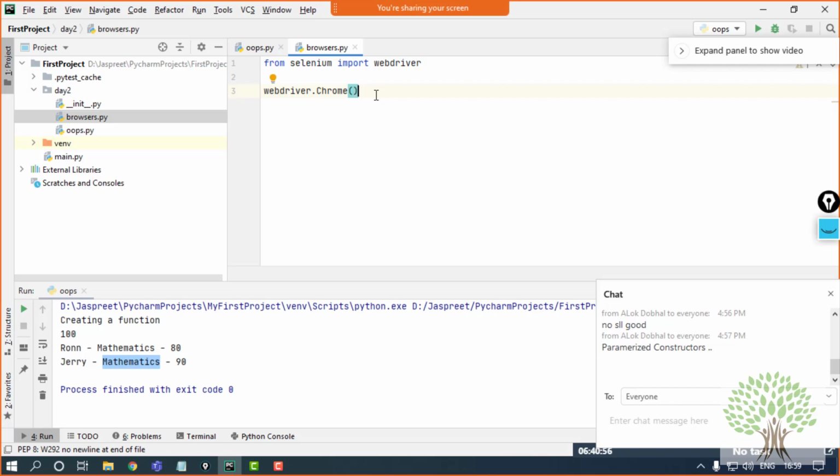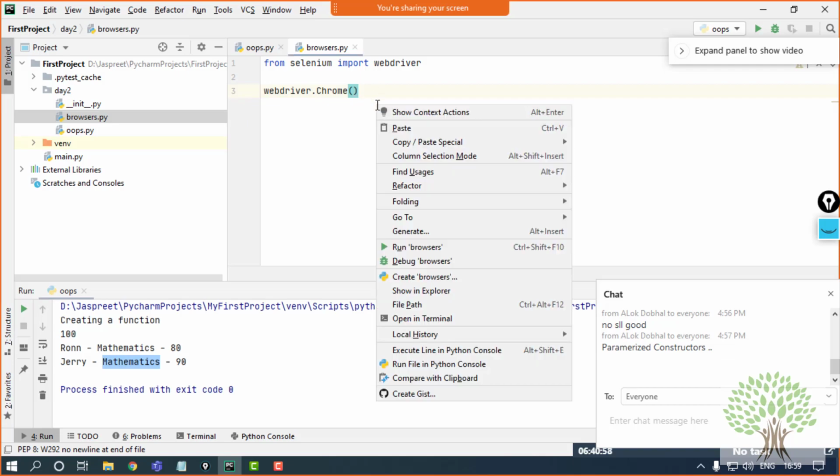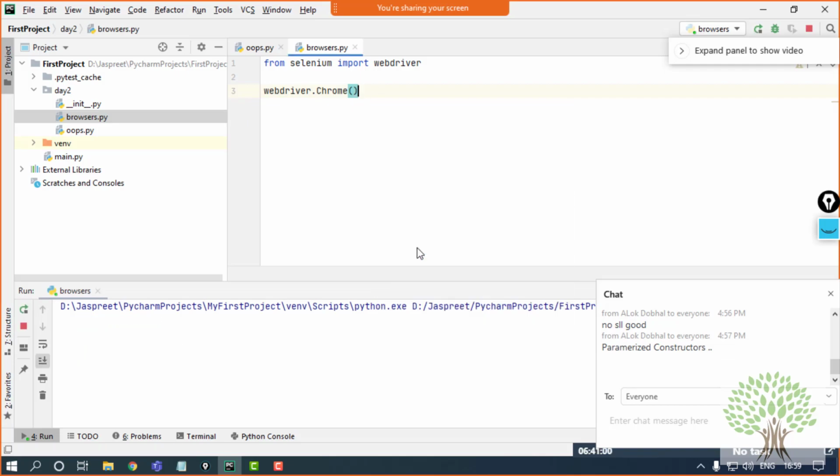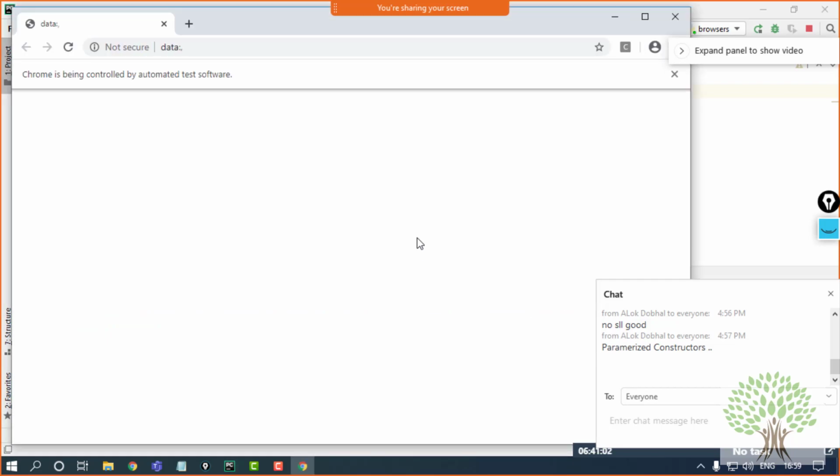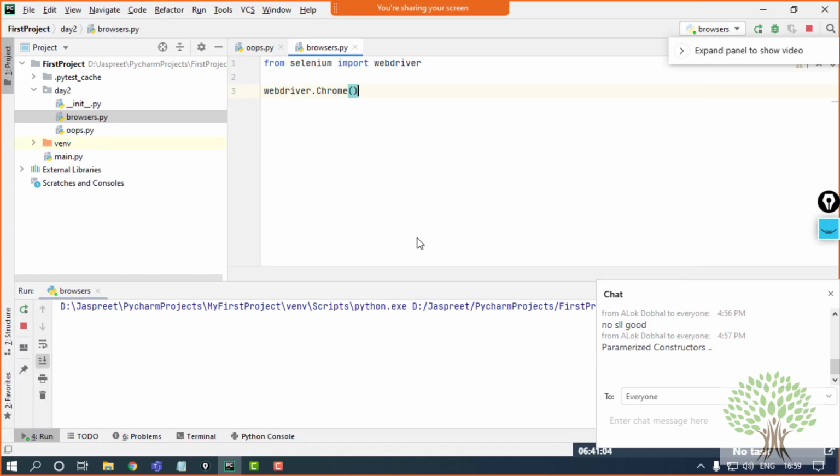This is the only command that I have to use to open up the browser. I run this and you can see a blank Chrome browser opening itself and closing itself as well. But if you do it in your system, this is not going to work. It's going to give you an error. The error it's going to give is that the executable path is not in place.